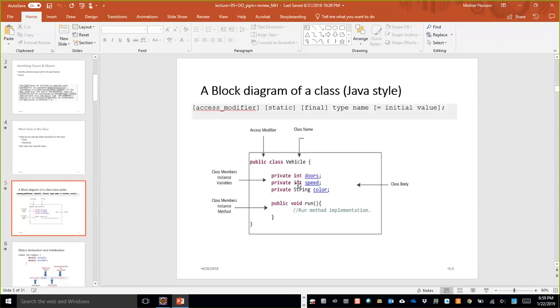Okay, so let us understand from the beginning of a class. A class here is a vehicle name, vehicle. When a vehicle contains some attributes, in the definition of a class, I said that a class contains some variables and at least one method in general, to access the values of those